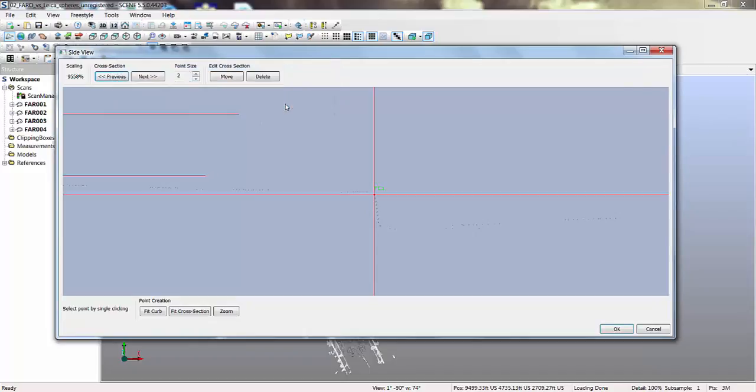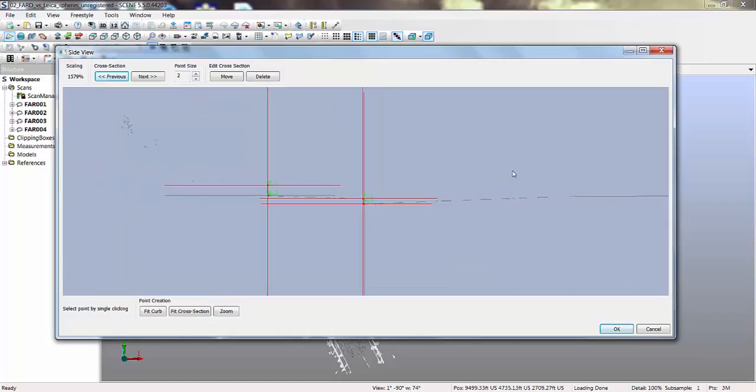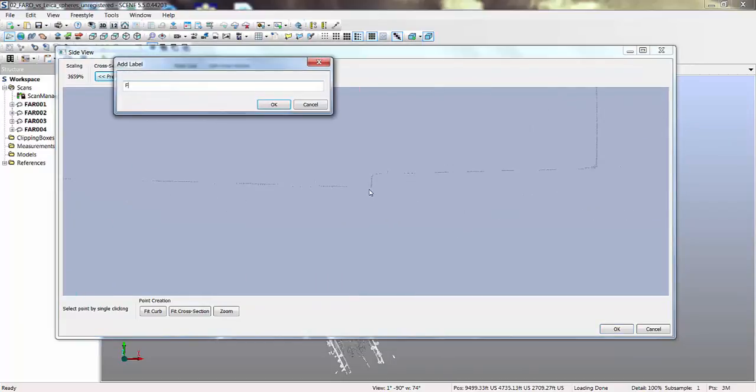For example, we could skip this cross section, advance to the next one, and let it create the point at the next one. Remember, we're doing these every 20 feet. My field crew probably would have done this every 50 or 100 feet. So even if I miss one point in here, if I decide that I can't adequately determine this flow line location because of debris, then I can skip to the next one and I'm still collecting more information than we would have